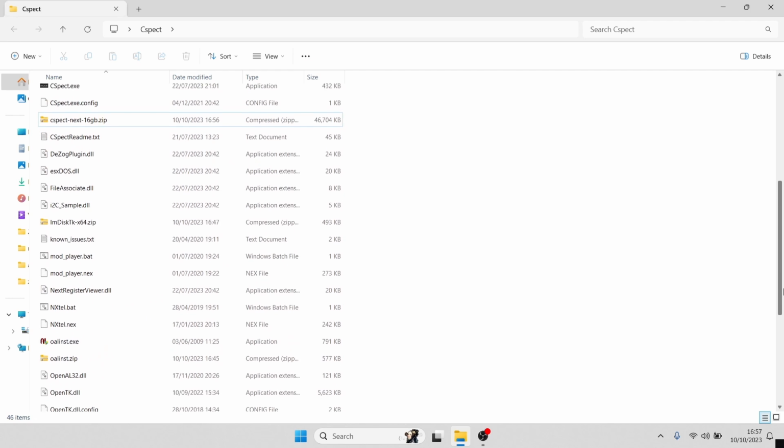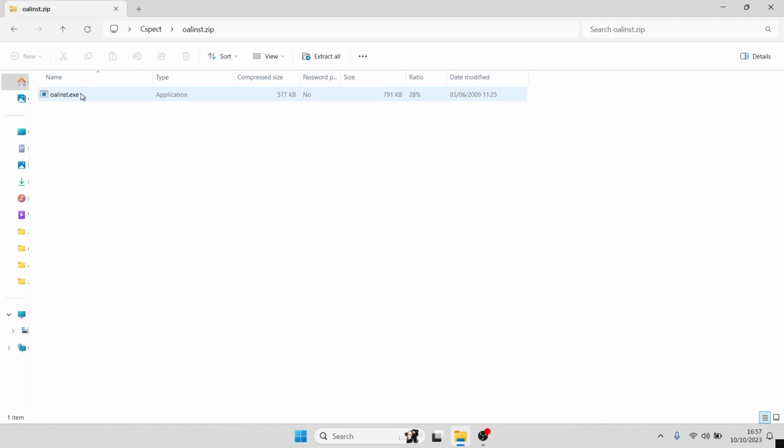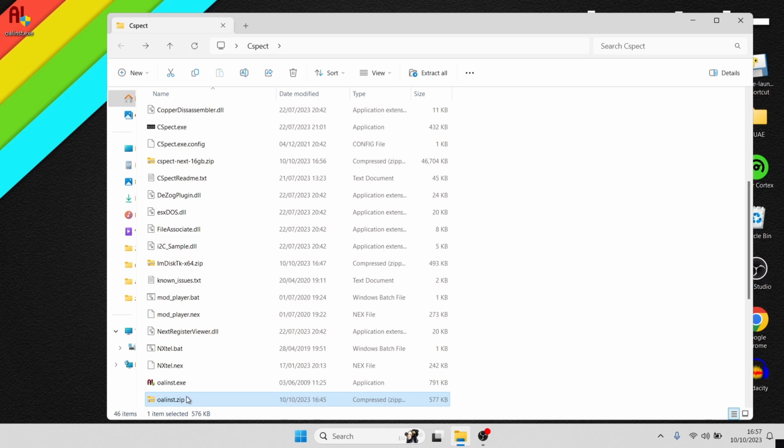And we still got 3 remaining files, of course. So the next one I'm going to look at is this one just here. This is onlist.zip. And this is going to give us sound on our emulator, so we don't have to toggle around with settings. So if you don't already have this one installed, install this one like I'm going to do